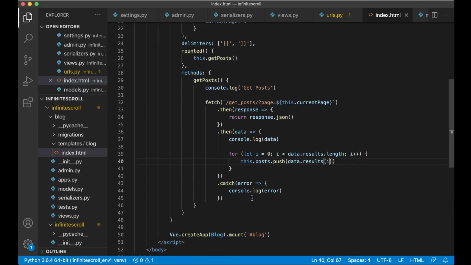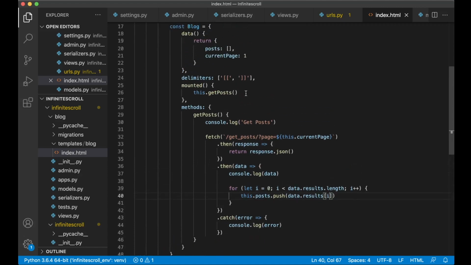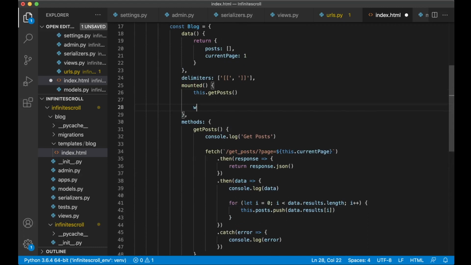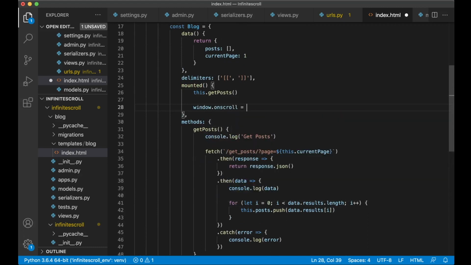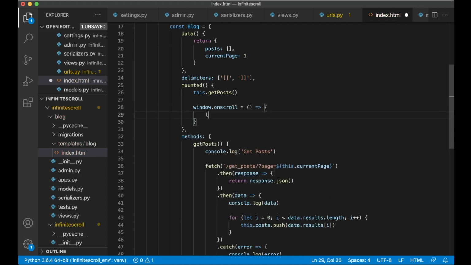And then what we want to do is that when we get to the bottom here, we want to call this again to get more information. So below this mounted here, we can say window.onscroll equals a function like that. And then let bottomOfWindow, so you need to create a variable to keep track if you are at the bottom, equals document